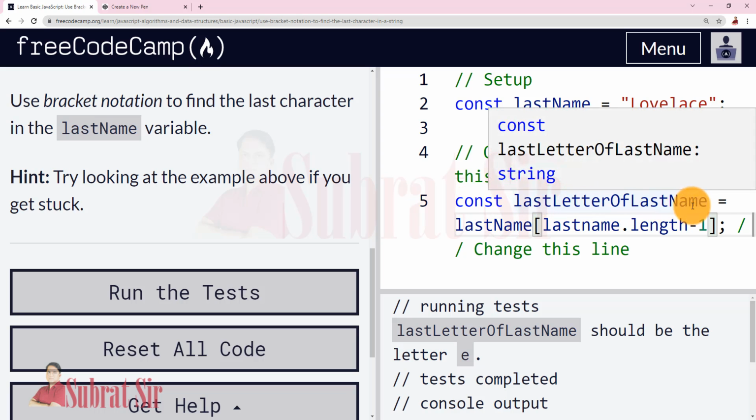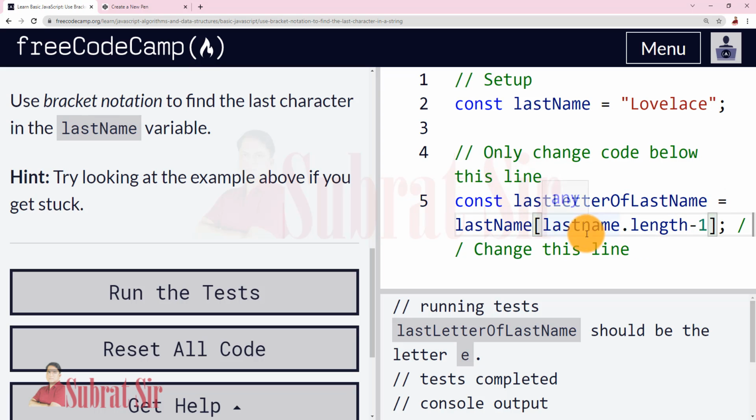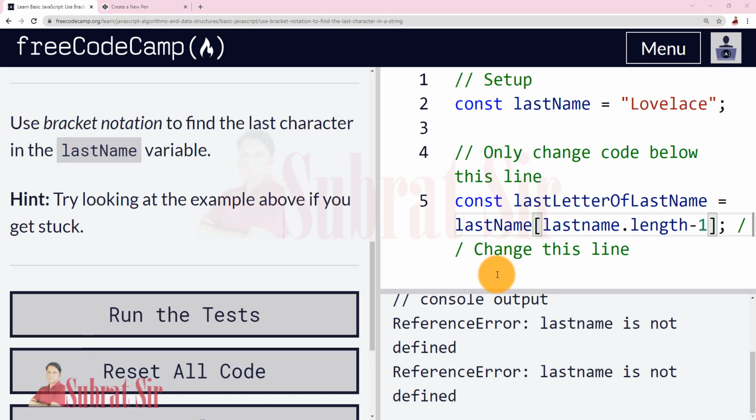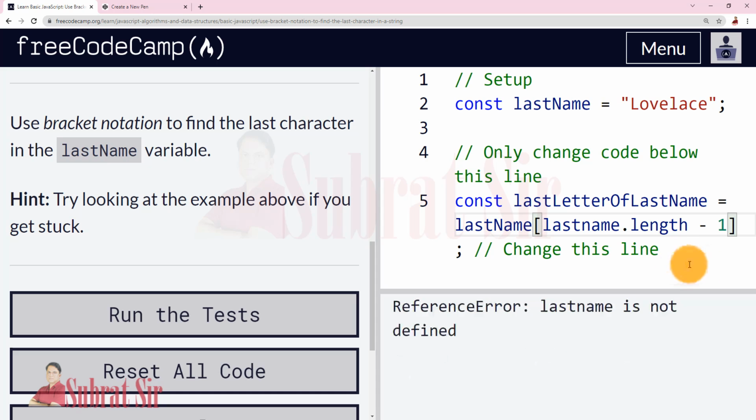Last letter of last name equal last name of last name dot length minus 1 should be the letter E. Everything is right here, but I think we have to use space here.